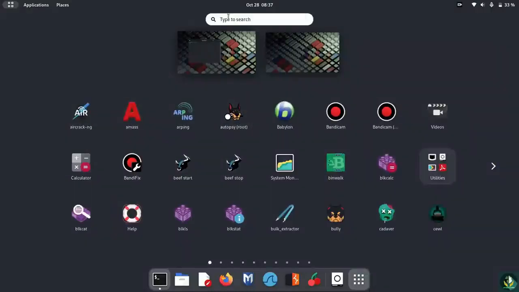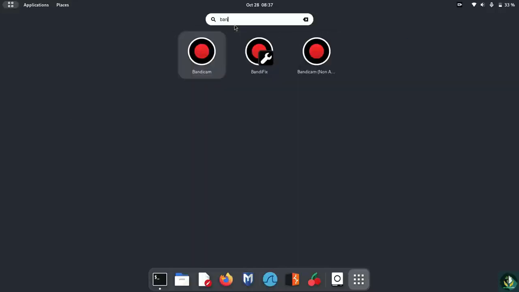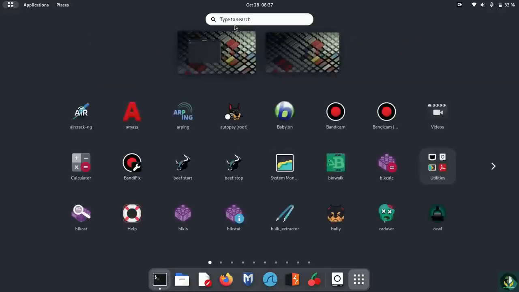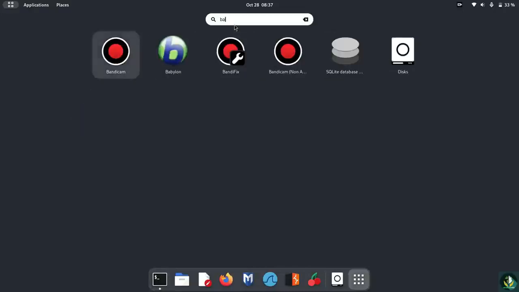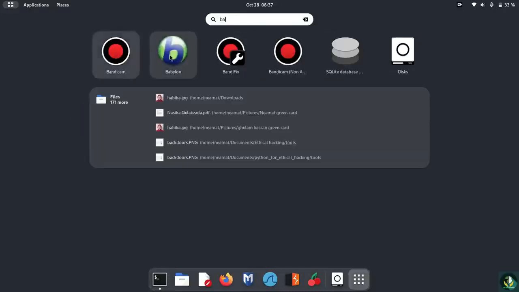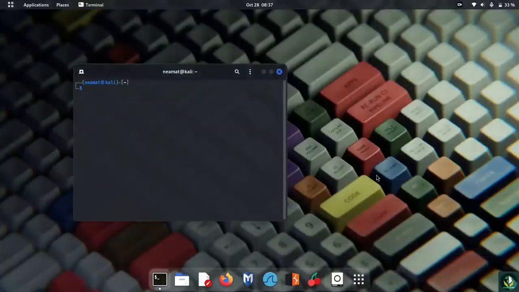That's also very good. And sometimes if you need to find something very complex and you're not able to find it, you can come here and search for that. For example, I am going to search for something like Bandicam. You see that is here, or the dictionary, which was Babylon. Okay, see, we have the Babylon here. Good. We have done it all, I think. It was about the overview of Kali Linux